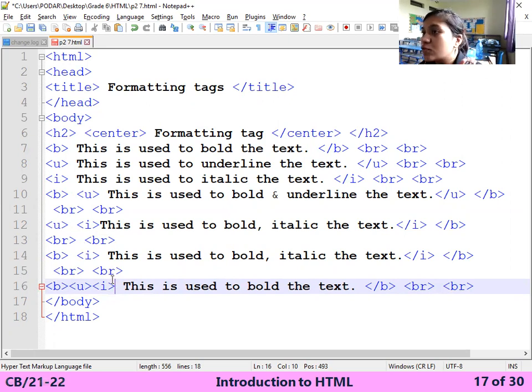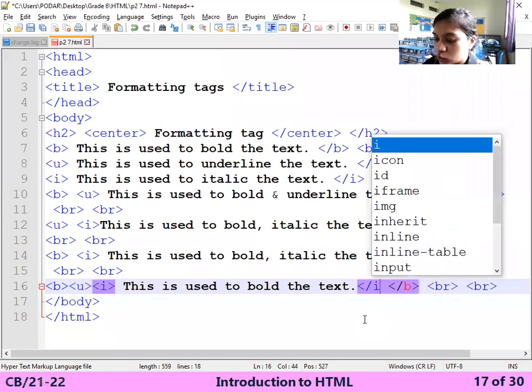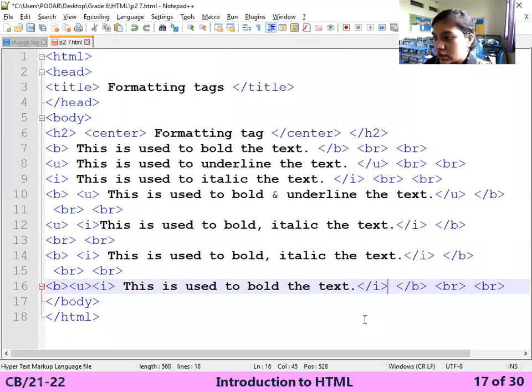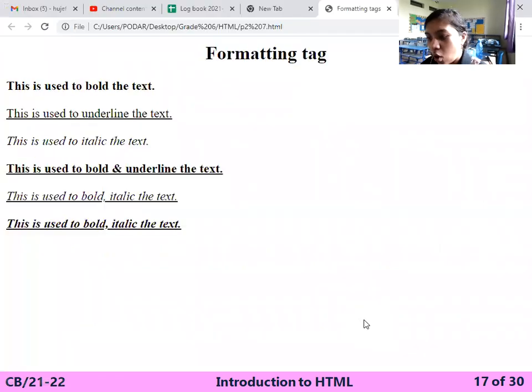Last open, first close. Last हमने open किया I, so it will be closed first. Then second you opened the U, so we close the U second. And last, sorry, first we opened the B, so we close it last. Now save it. Have fun.